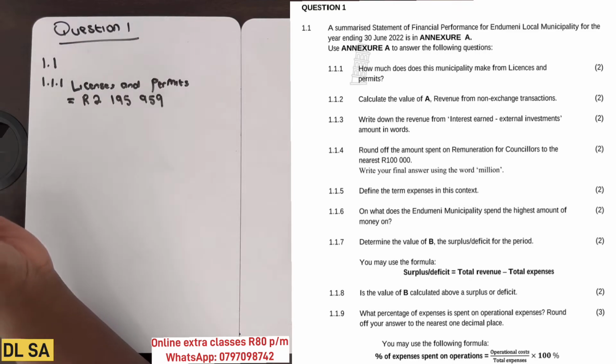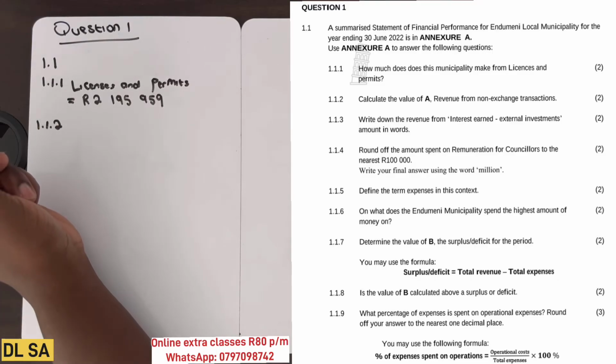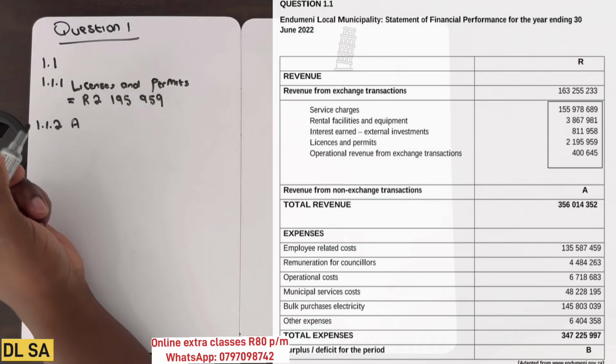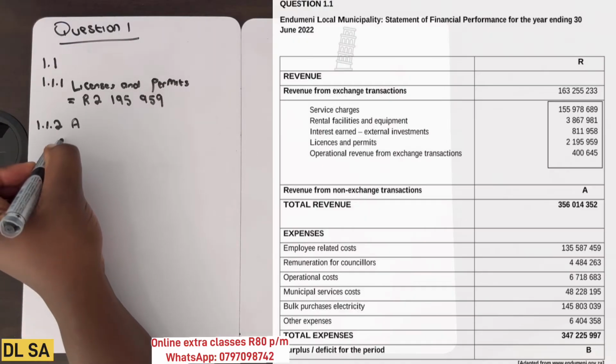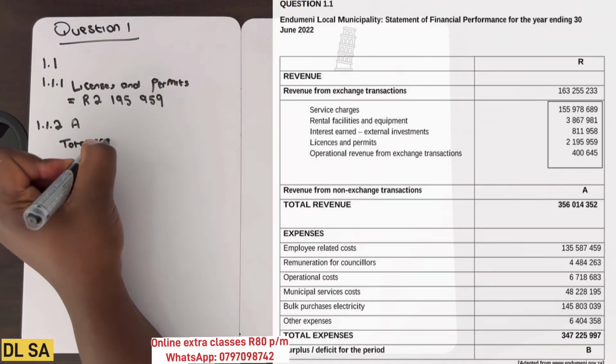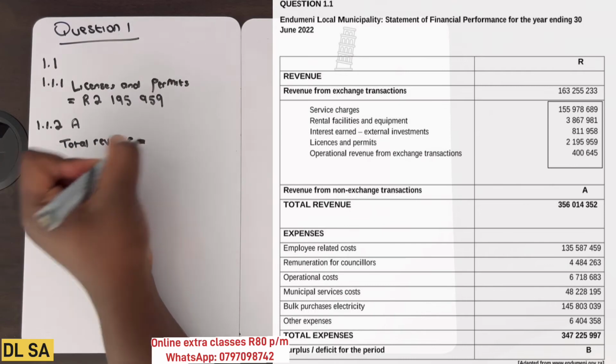Now let's move to the second question, which is question 1.1.2. It says: calculate the value of A, which is revenue from non-exchange transactions. So we are looking for the value of A. To get the value of A, this is the formula we can use: total revenue is equal to